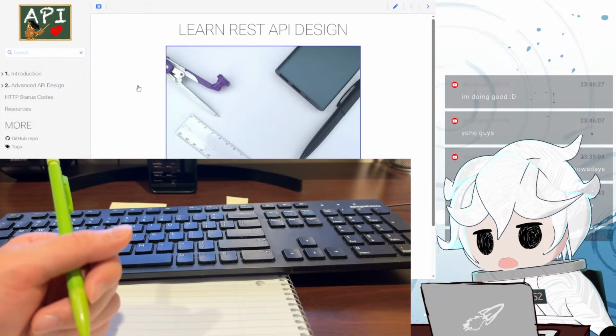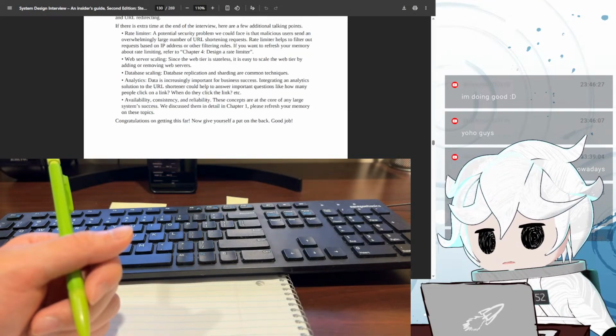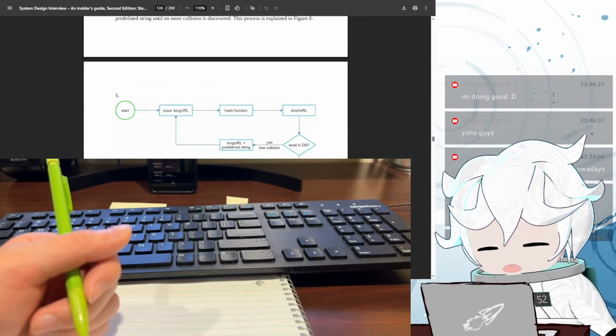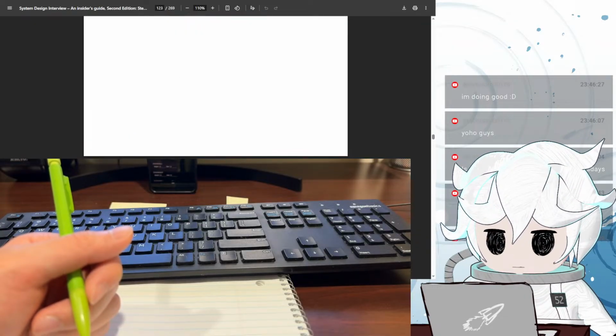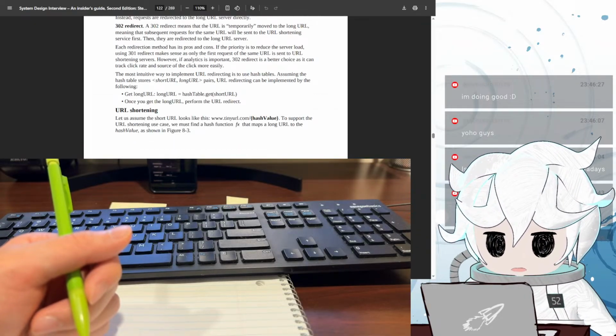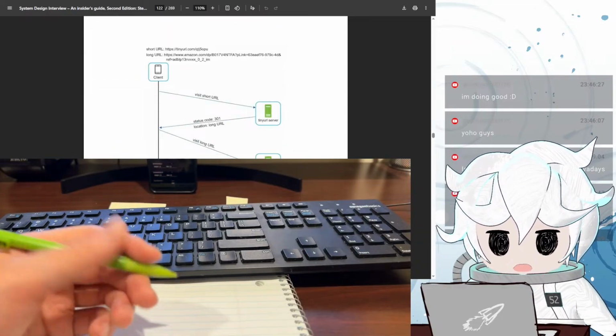Apparently there's a better tutorial here. Okay. So overall, the design of this is pretty simple, huh? Though they kind of skimmed over it, they did go into detail of how to write the two APIs.